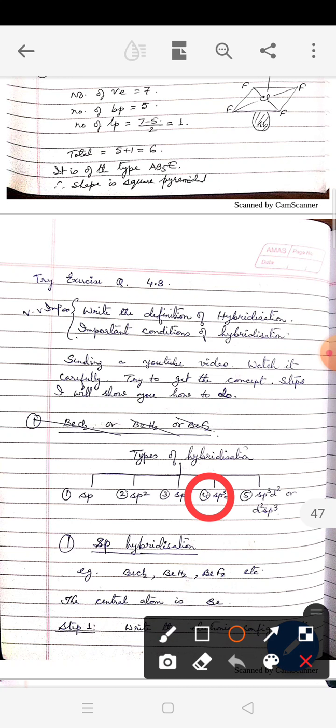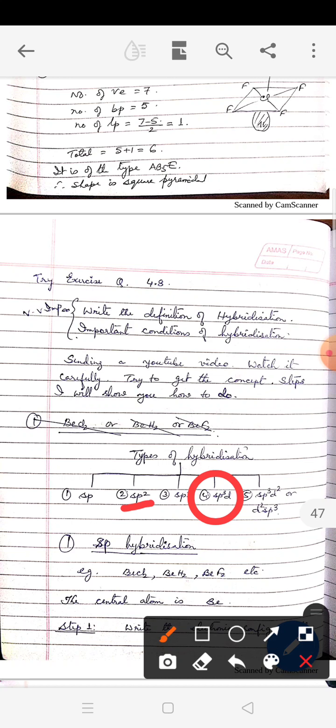Next we have sp3d. That means you have a 3-dimensional arrangement because you have used px, py and pz, all the 3 dimensions, and one of the d orbitals. So here the shape will be such that 3 of the orbitals will be in the form of a triangle, just like sp2, and 2 of the orbitals will be one above the trigonal plane and another below the trigonal plane. We'll draw the diagrams, and you have already taken down the diagrams, you must have seen. This shape is called trigonal bipyramidal.